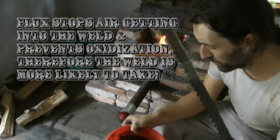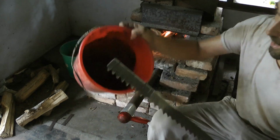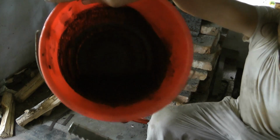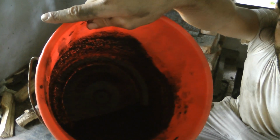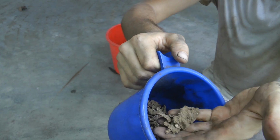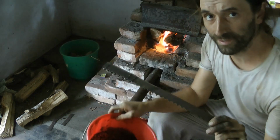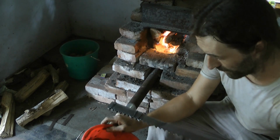Okay, so what we're going to do is I'm going to take this billet, and I have myself here some 50% charcoal powder, 50% termite clay/sand mixture with some water added. So it's a type of slurry. And what I'm planning now to do, and I don't know if this is the right way to do it,